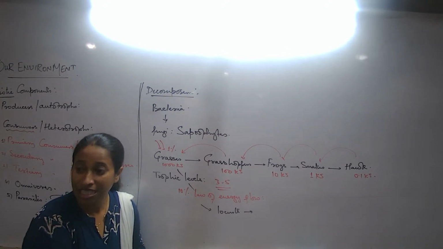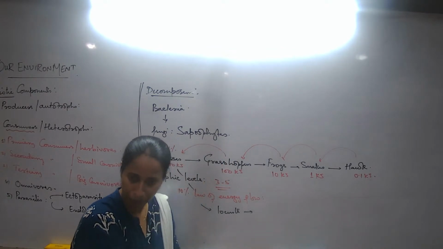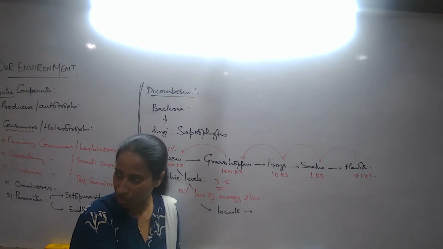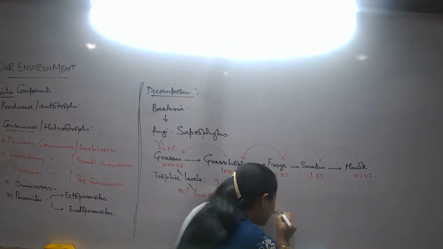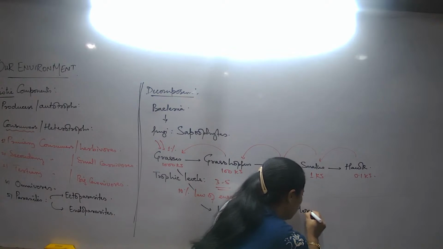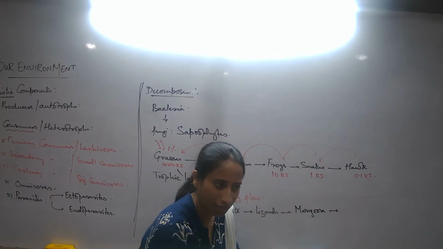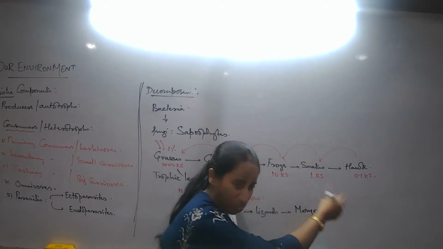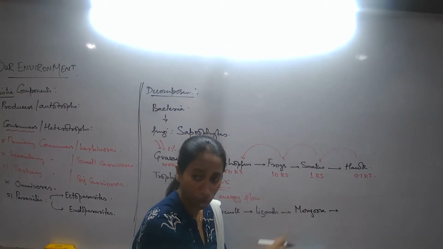Think. Snails can also feed upon this, or something else. Salamanders do not feed on locusts. Lizards, correct. The lizards can be fed upon by the mongoose. And what else? I'm sorry, the mongoose feeds on rats, so we could have added rats also here. What else? After the mongoose, what do I put?